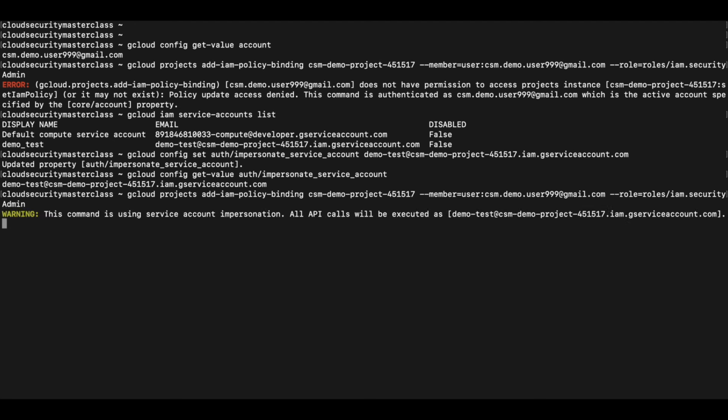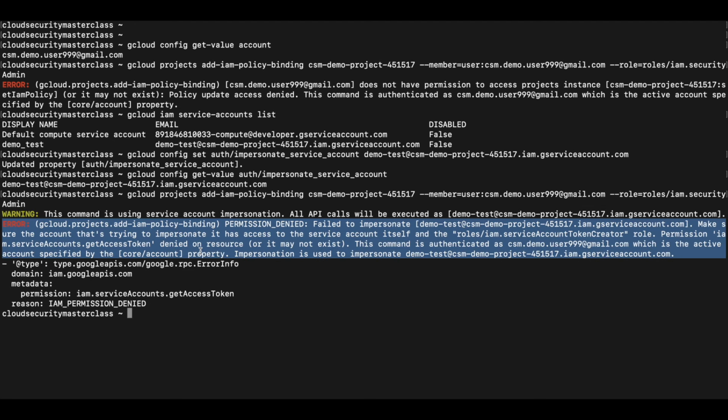And what we see here is that we get an error. This time the error is a little different from what we got earlier. The error is telling us that the editor role is not able to impersonate service accounts. And there could be a couple of reasons for it. One is that the editor role does not have permissions to use the service account, which is not possible because all basic roles are added by default to the resource policy of the service account. So the other reason for this would be that the service account get access token permission is missing from the